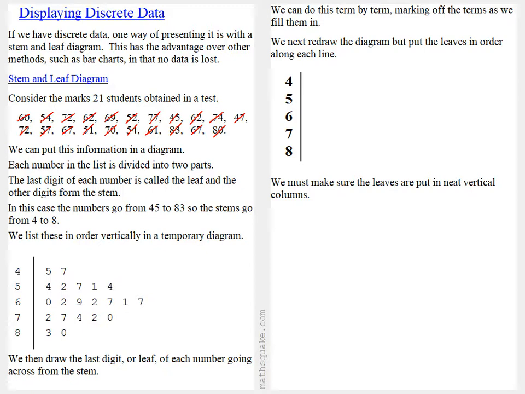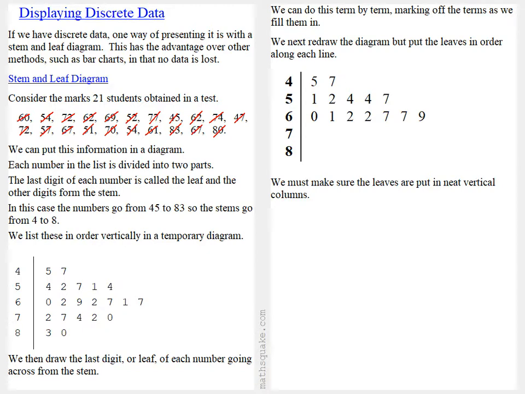Now in the first row we had 5 and 7. They're already in order, so we just write 5 and 7 next to the 4. In the next row we had 4, 2, 7, 1, 4. Now putting those in order we have 1, 2, 4, 4, 7. So we write that next to the 5. Next to the 6 we had 0, 2, 9, 2, 7, 1, 7. Well, if we put those in order, that gives us 0, 1, 2, 2, 7, 7, 9, which we put